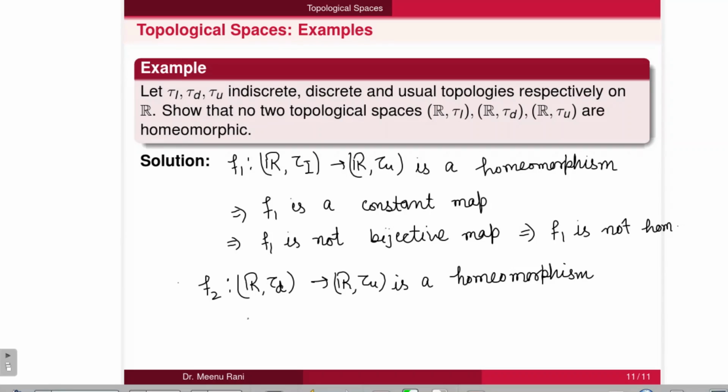So if we take any open set in the discrete topological space, we can take any singleton set in this, because singletons are open in the discrete topological space. Then take its image, that will be F2 of X. So it is also a singleton set, but this is not open in the usual topological space, because singletons are not open in the usual topological space. So F2 is not a homeomorphism.